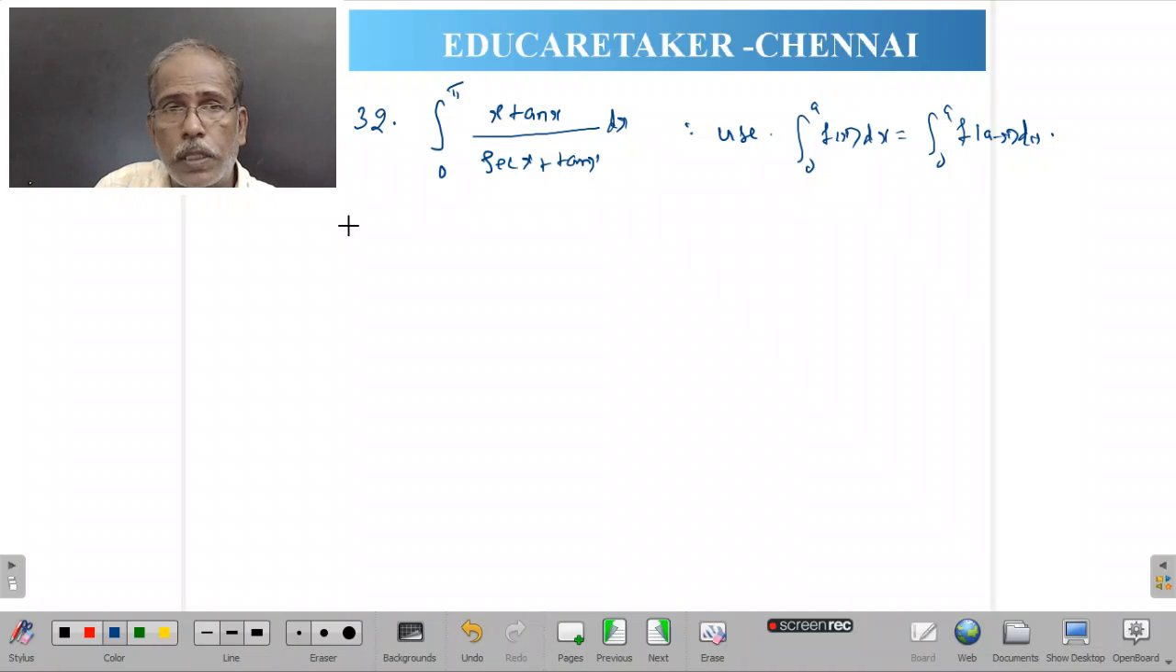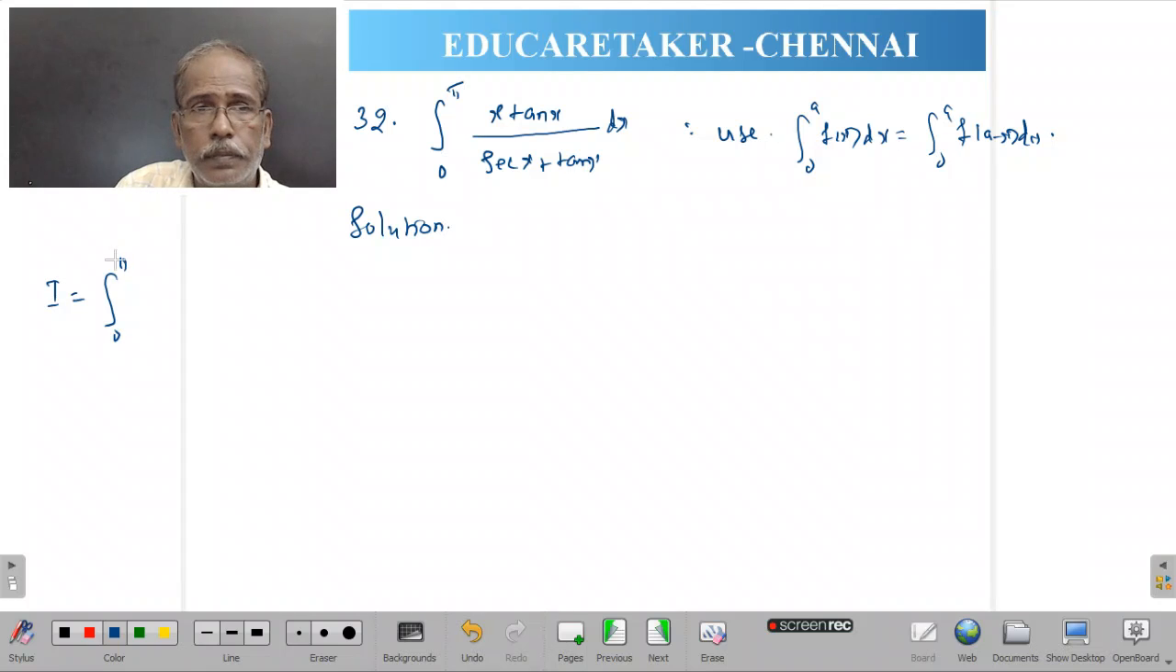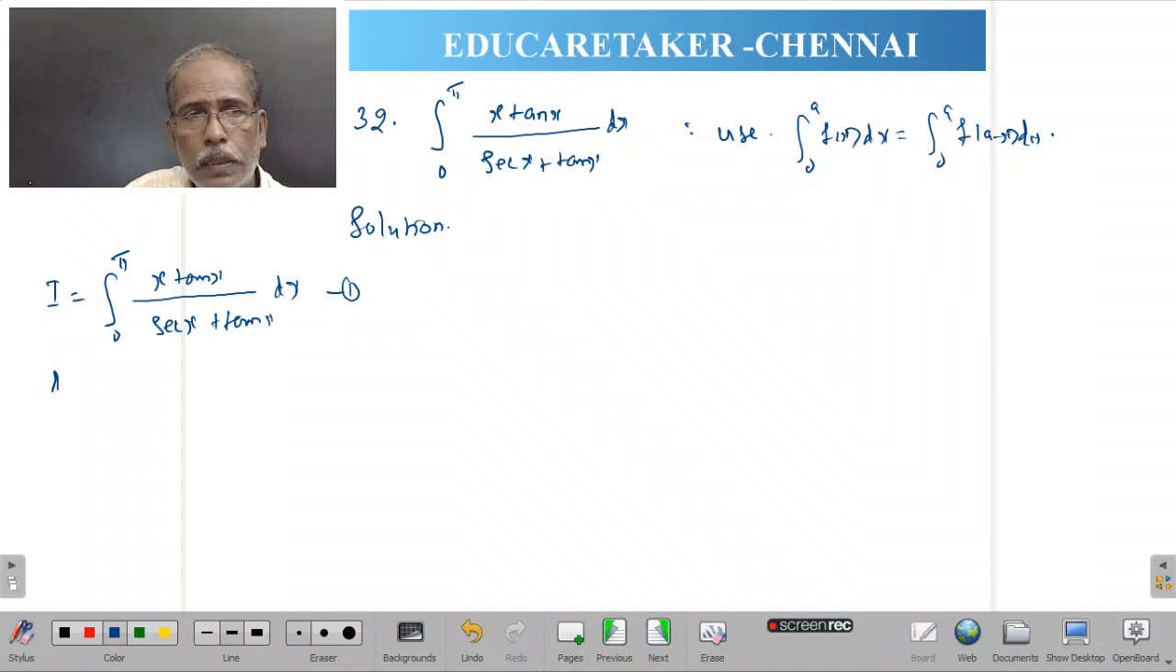Okay, solution. Let us take the given integral I equal to integral from 0 to pi of x tan x over secant x plus tan x. Let the result be 1. Applying the property,